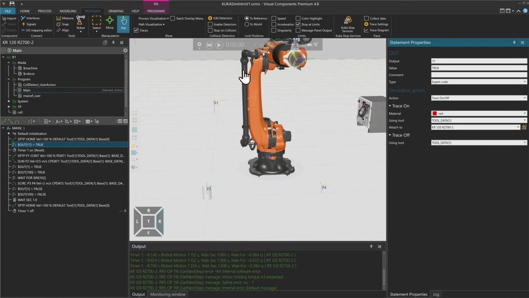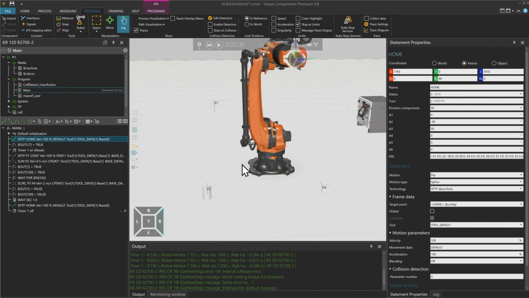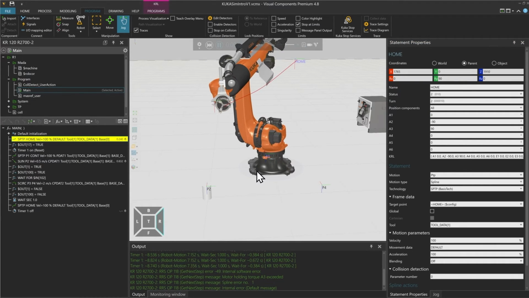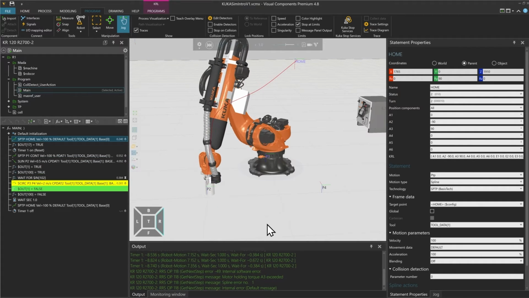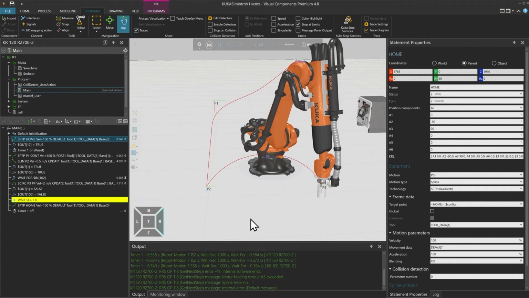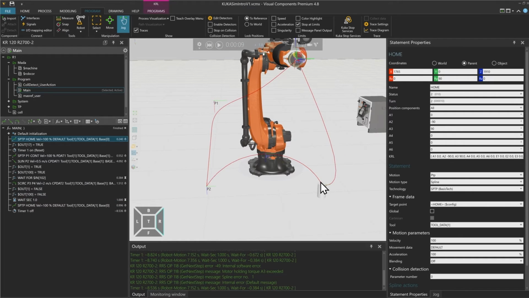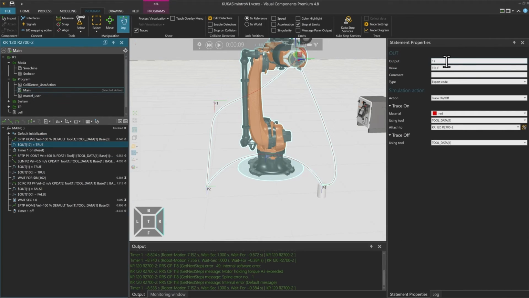And if I play this from the home position, you will see displayed the trace of the TCP of tool 1, how the robot is moving here. So this can help you to see and to visualize what the robot is doing. In addition to that, we can now change the signal to the swept volume, so the 81.